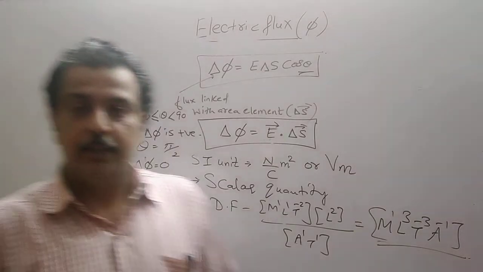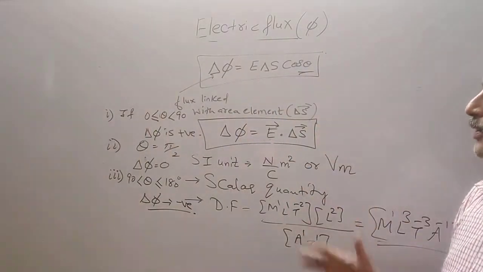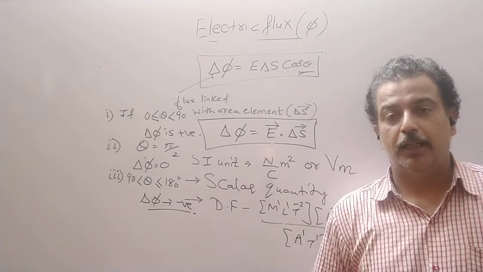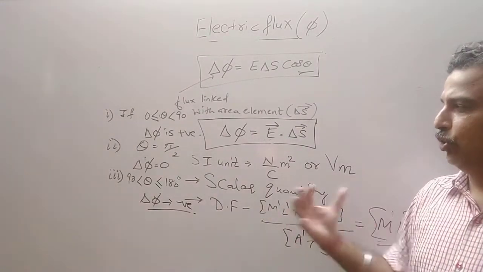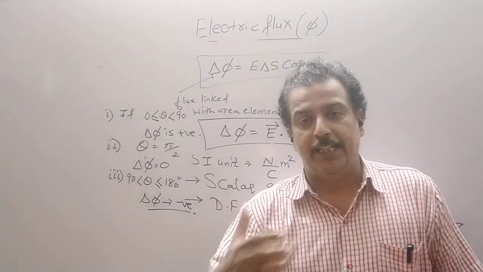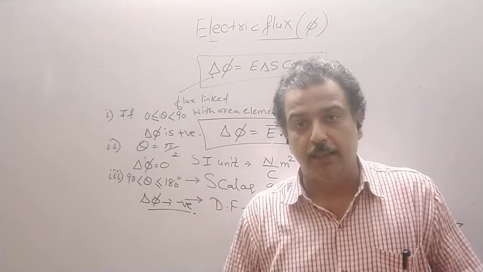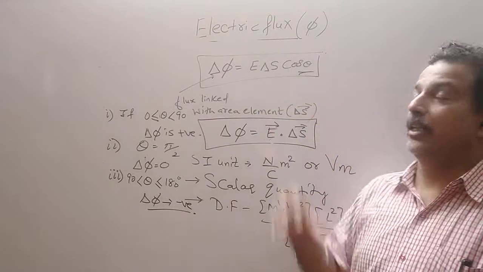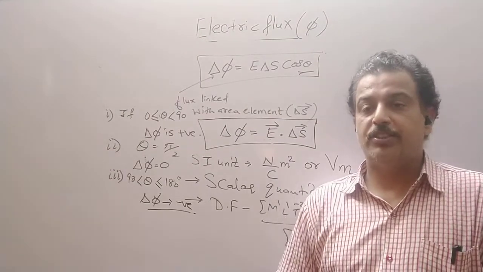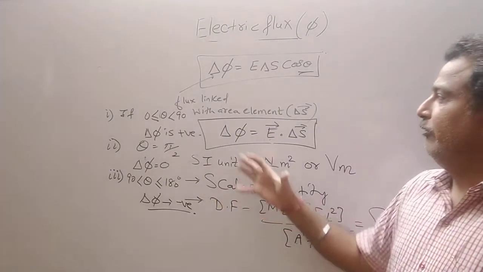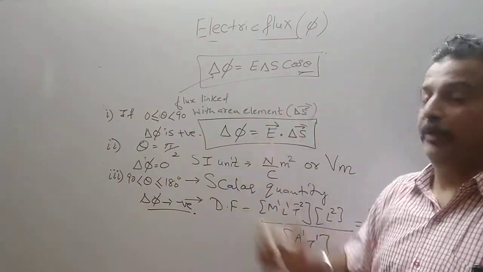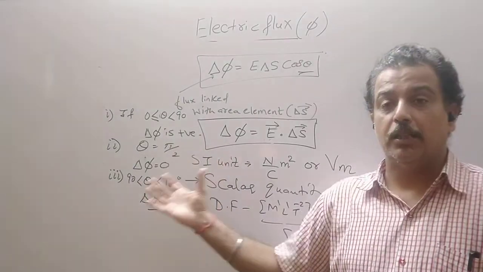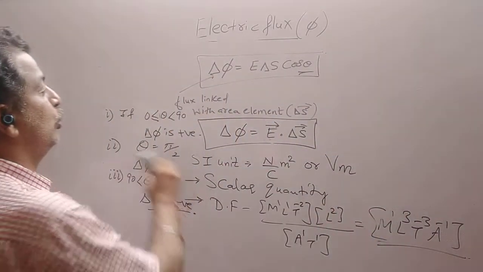So this is the electric flux linked with the plane surface or an area which is held normal. Generally we hold the area vector normal to the field lines, but you have to remember, if the orientation changes, the flux linked with the surface will also change. Now this is for the uniform electric field. We have considered the field to be uniform. We have drawn the field lines equidistant and parallel to each other.